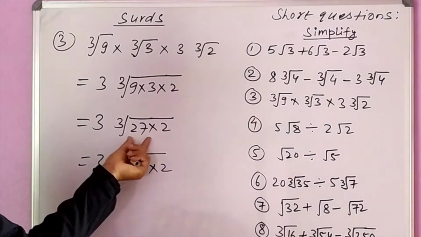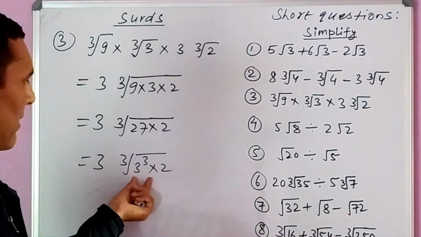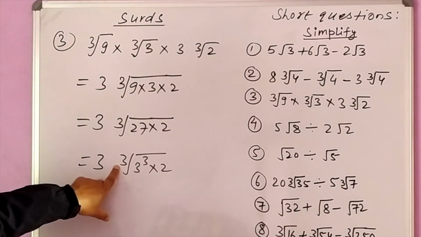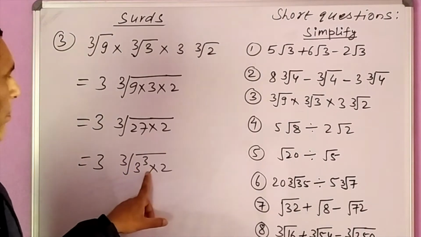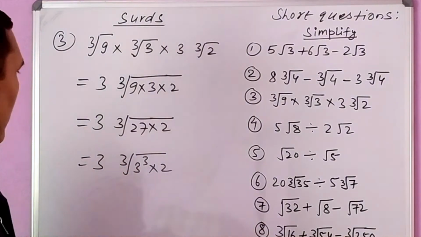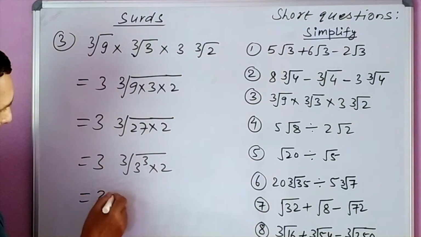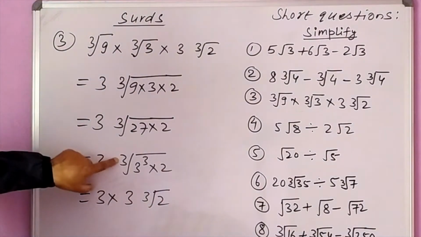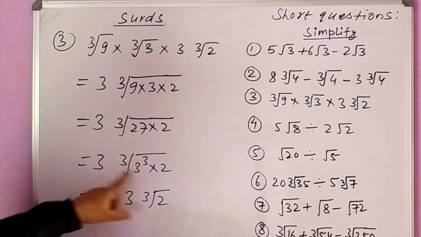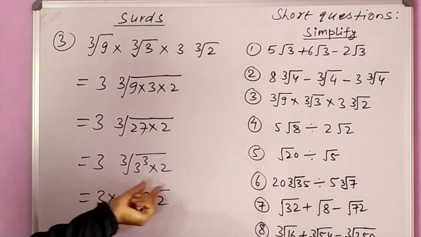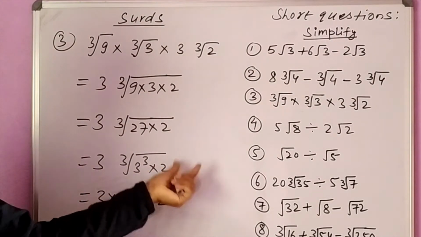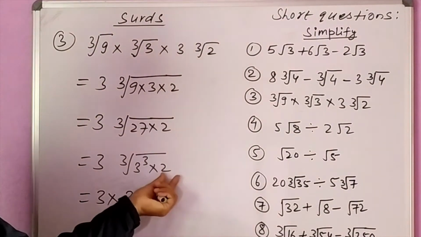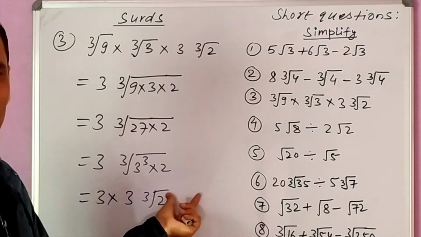I have written this 27 here without multiplying with this 2, because 27 can be written as 3 cube. 27 is the cube of 3. When the order of the root and power of the radicand is the same, then this comes out. That means 3 into 3 cube root of 2, like this. Order and power same, that means this 3 comes out of the radical sign, but this 2 we cannot take out, because for it to come out there should be 2 cube, but there is 2 only.